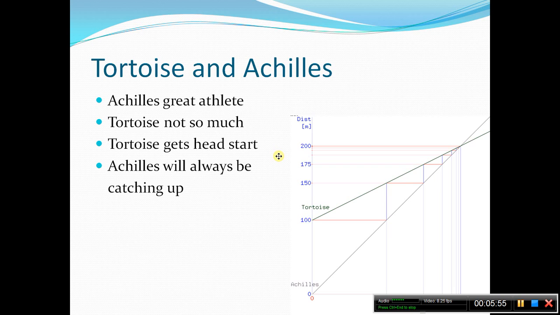So you can see the distance versus time axis, and I think it's at 1 minute. I'm not really sure exactly how this measures it. But at 1 minute, Achilles is still behind the tortoise. He has made it to the 100-meter mark. The tortoise is now at the 150-meter mark. At maybe minute 2, Achilles is at 150, the tortoise is now at 175.